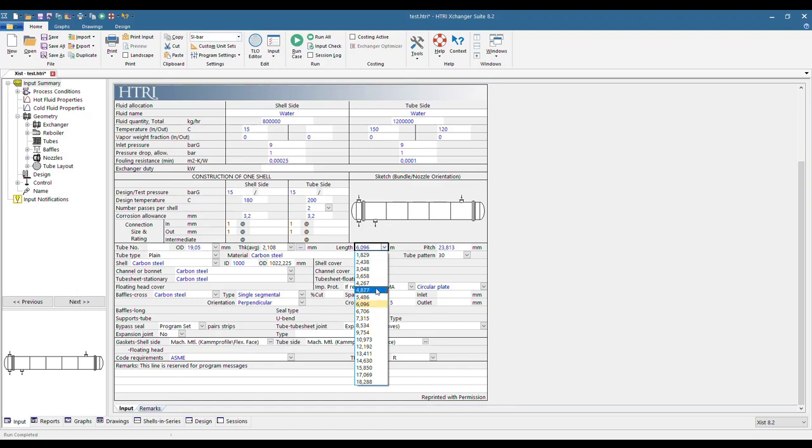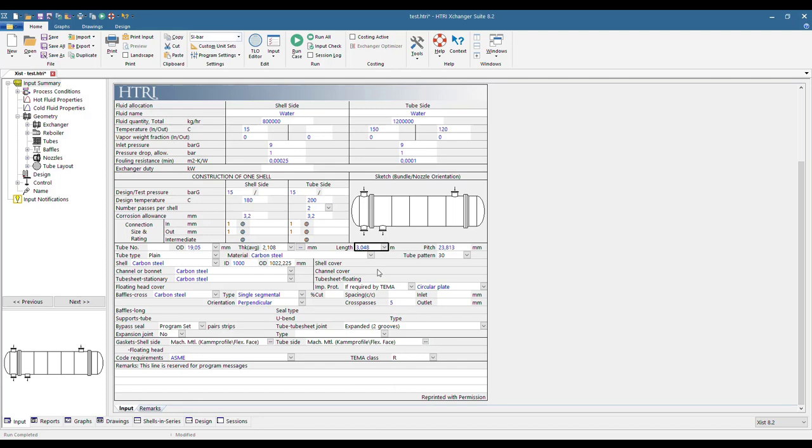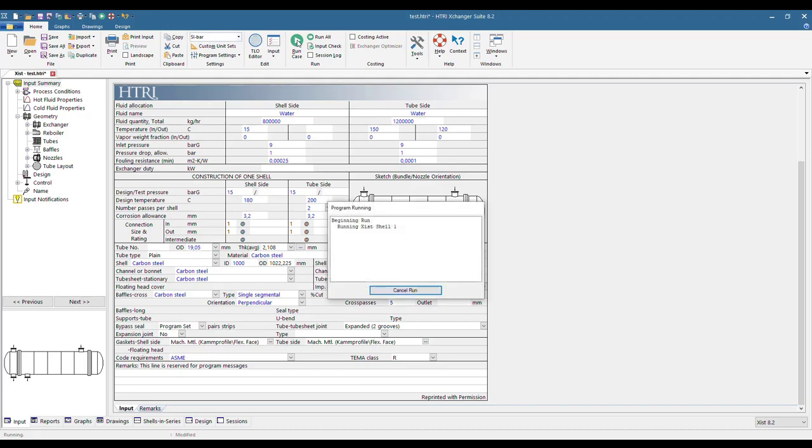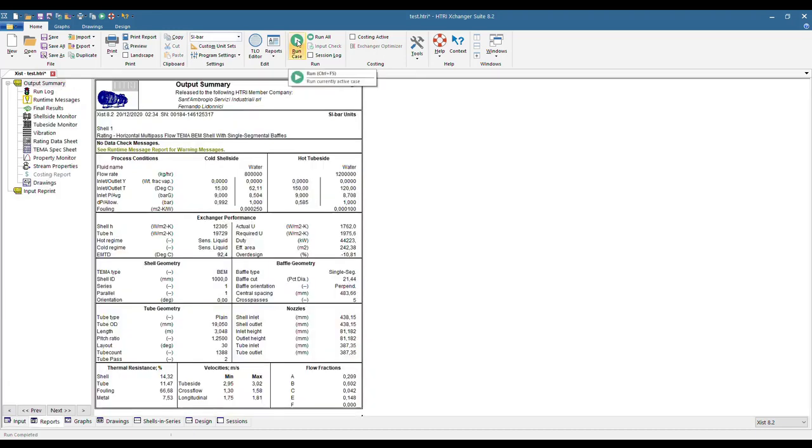6096 millimeter, we select 3048 millimeter, and then we run our exchanger again and see what happens. Now we have reduced a lot of surface, of course, by cutting the tube length to 50% of the original tube length. So we are under surface of about